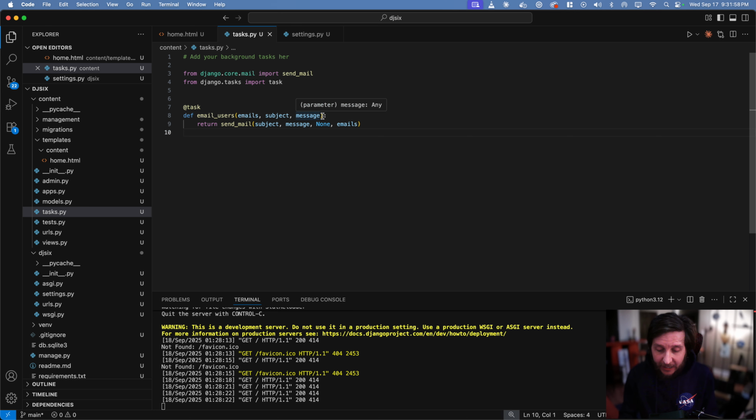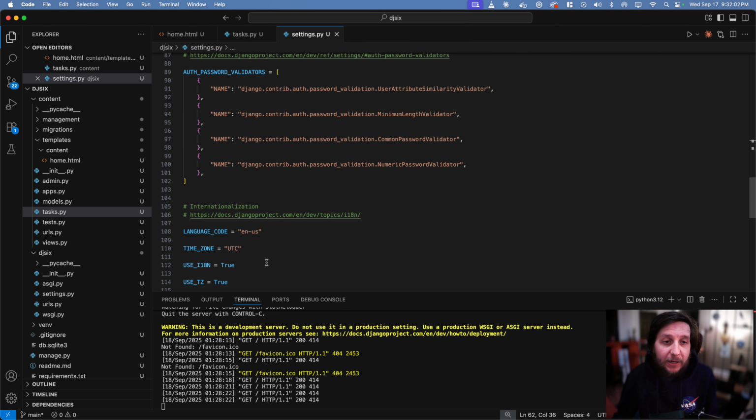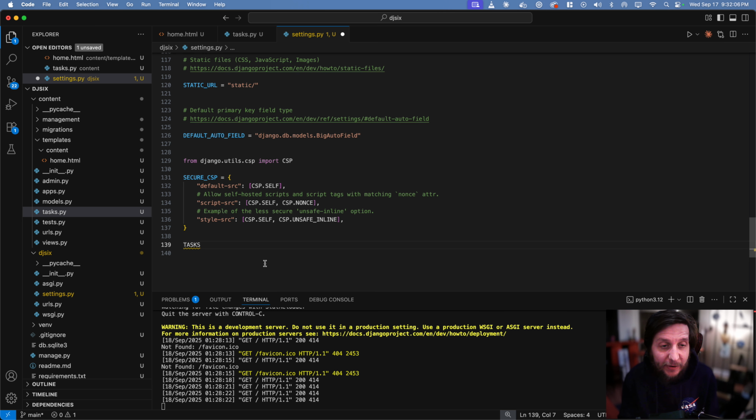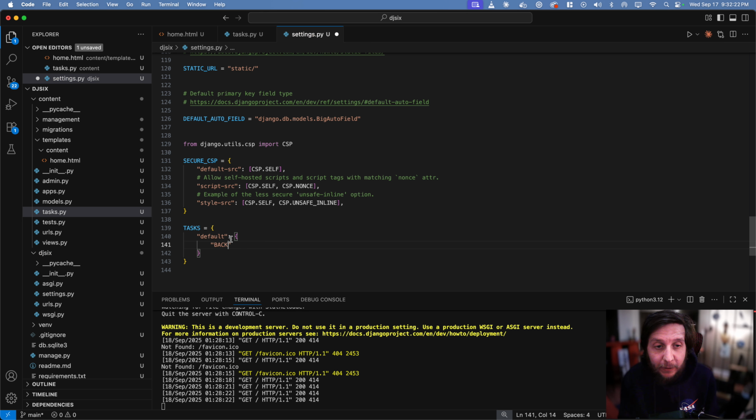We need to go to our settings. So we're going to go to our settings here, and we're going to add a whole new section, namespace, variable, whatever you want to call it, called tasks. And inside tasks, we need to do some various settings here. It's kind of like setting up a database or storage or whatever, but there's a default, and we'll just set that. And the one parameter we need, although I imagine there's others, I haven't played with them, is